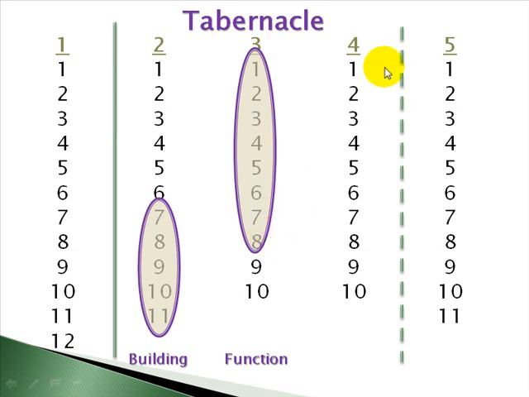And then in the book of Numbers, the 4th book of the Torah, the first 3 parshas are going to deal with the encampment, meaning we have 12 tribes of Israel. 3 tribes will dwell on either side of the tabernacle. It will be placed in the center, and as they journey through the desert, that's going to be the form of the encampment. So we have 5 parshas that deal with the building of the tabernacle, 8 that deal with primarily how to use it, and the communication within. And then in book number 4, Numbers, we have the encampment and how the Jewish people lived around the tabernacle.